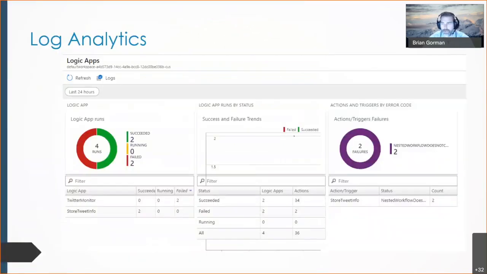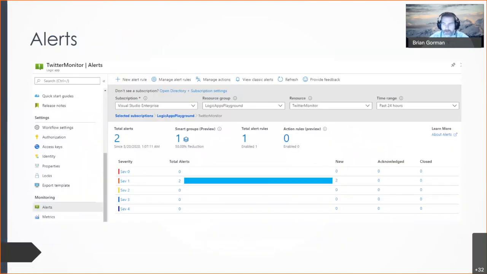Of course, Log Analytics shows you how many times your Logic app has run and failed. It shows you different information about the Logic apps that ran, and the numbers on the metrics on those. It talks about how many actions were fired. So you see 34 actions, 36 total actions, which again is going to be important when it comes down to pricing. And here are just the alerts again,